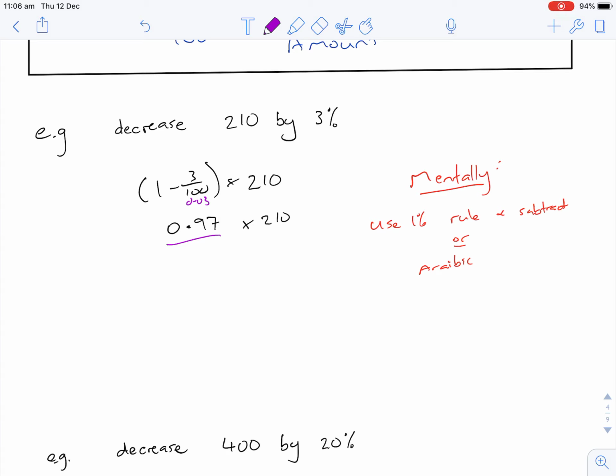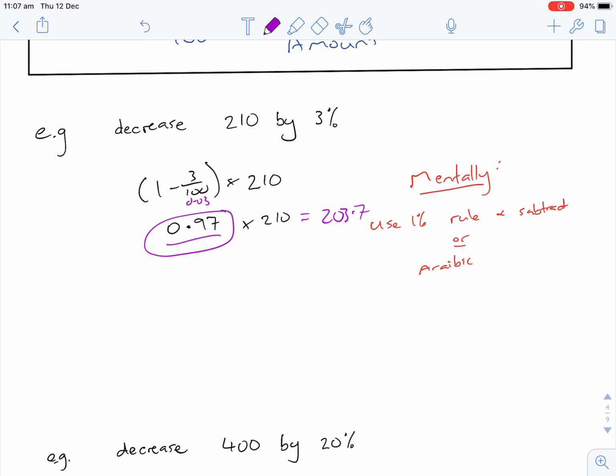and mentally they struggle with it. So I can think of a 3% decrease as I'm decreasing something by 3%, or I'm keeping 97%. So when I go 0.97 times the amount, what I'm doing is finding 97% of it, because that's the amount that I'm keeping. But the 0.97 is my multiplier. I times that out, and away I go. So if I was going to do this straight on my calculator, of course, that's going to be nice and easy. Times 210, and I would get an answer of 203.7,